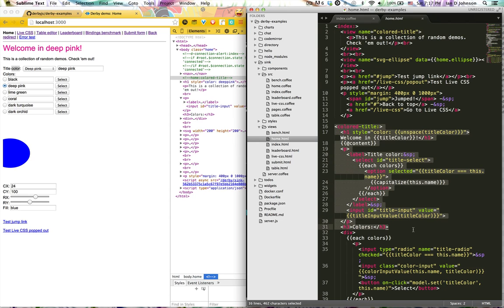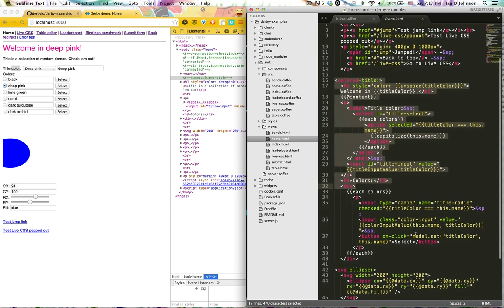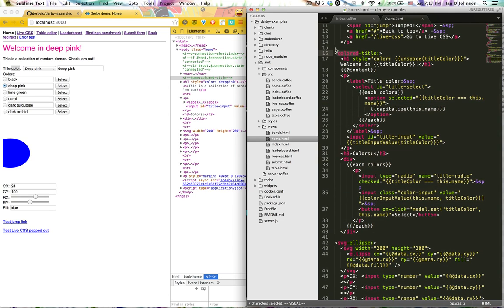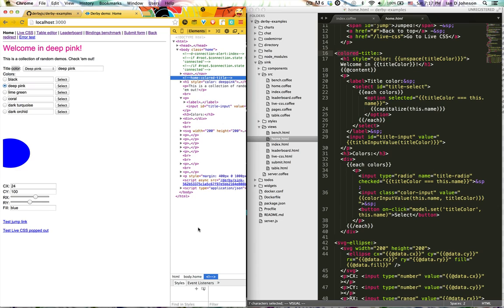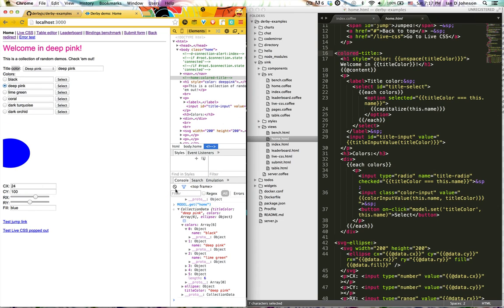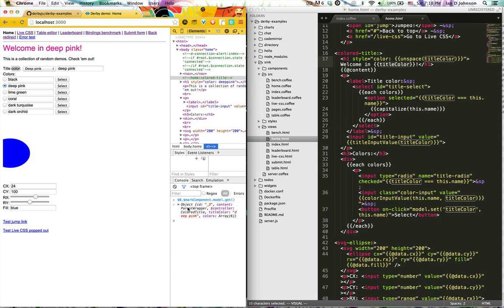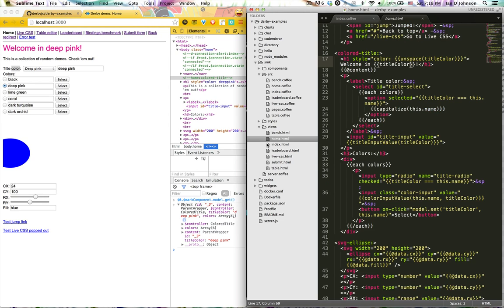So color title is this component. So we gave it a view, it's got a namespace home, and then the other cool thing is while we have this comment highlighted, we can do this mark component thing, and this will save you a ton of time. This will show us the values that are available inside the scope of this component. So here we say welcome in title color, right? So how does this have a value for this variable title color? It's in the scope of this, and we'll see, let's leave this open,